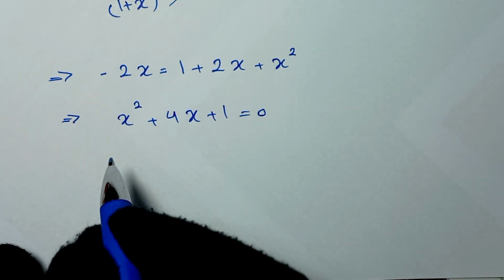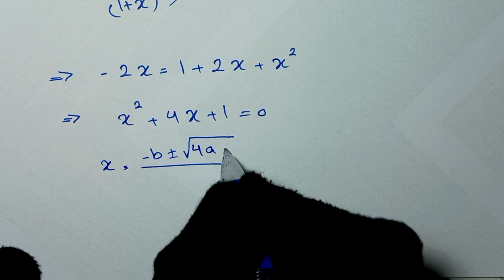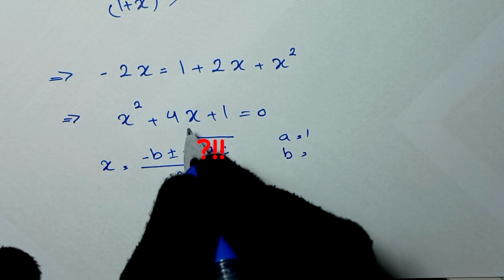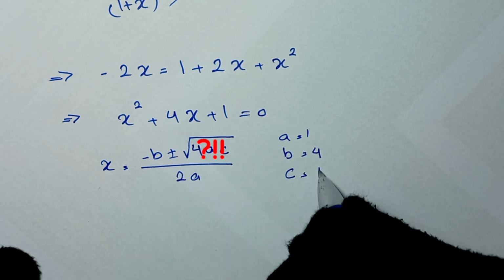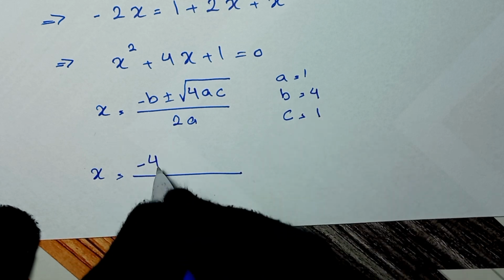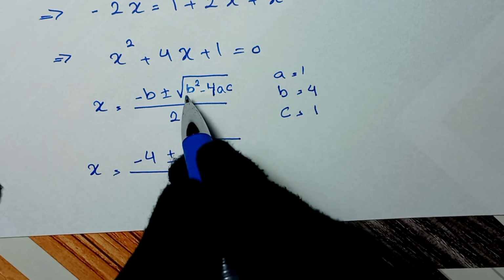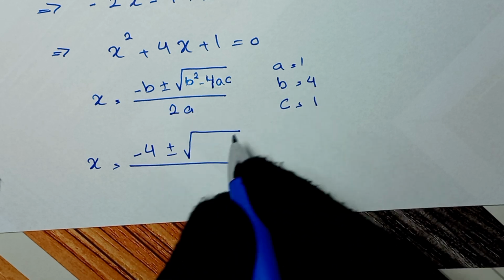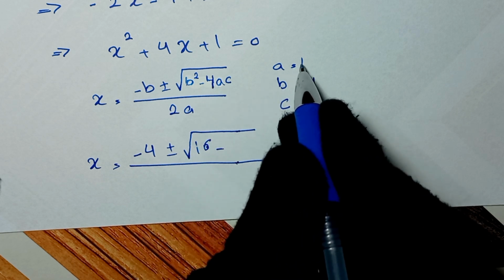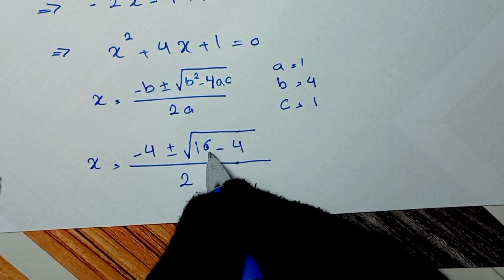And here, we use the quadratic formula, which is x is equal to negative b plus or minus the square root of b squared minus 4ac over 2a. And a is the coefficient of x squared, which is 1, and b is the coefficient of x, which is 4, and c is the constant, which is 1. And from here, x is equal to negative b, which is 4, so negative 4 plus or minus the square root of, sorry, this is b squared minus 4ac, right? So I fix it, b squared minus 4ac. And here b squared is 4 squared, which is 16, and minus 4 times a, which is 1, so 4 times 1 is 4, and times this one also is 4, over 2a, which is 2. And 16 minus 4 is 12,